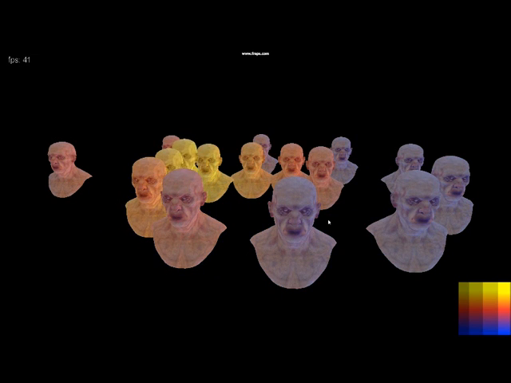So that's just some of the effects which can be achieved using this very powerful but very simple technique, and